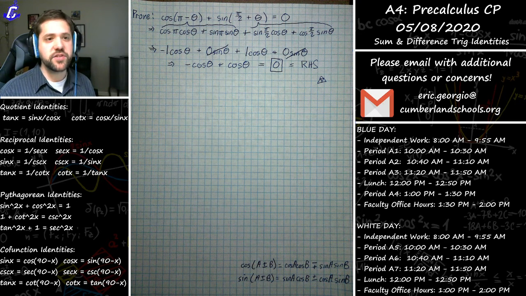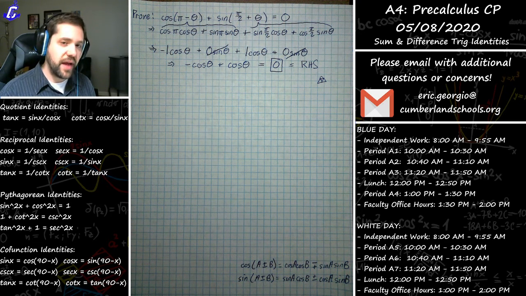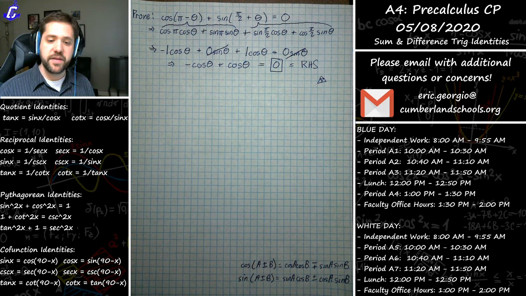Just like before, make sure you take a picture of your work and reply to the email. Everybody seems to be very comfortable with that. The first time we did it, there were a couple of tech issues, but it seems like those are all worked out now. If you do have any tech issues, just feel free to let me know, but it seems like we should be on track to meet that Monday night deadline. Again, the deadline is Monday night as opposed to Sunday night because we have class on Friday instead of Thursday, so it's just shifting by a day.